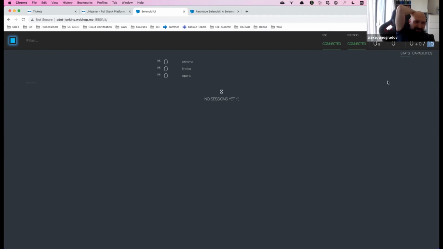So just my advice: don't give up if your machines are crashing. The most popular reason is that they're just too weak, because it's too easy to create a simple machine that will be working with 1 browser, with 2 browsers, and you will start 5 browsers and it will be crashing. Just don't underestimate the browsers. This takes resources, and you should not save too much on the hardware in this case, because it's actually pretty cheap. So it's not a big deal to create more processors. It's theoretically 15, but we will not use as many. I think we will just try to use 2 instances to demonstrate the point.